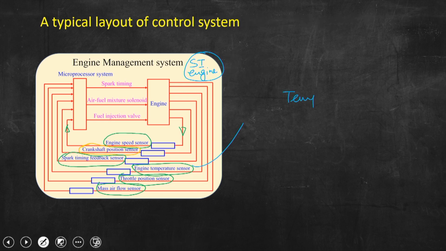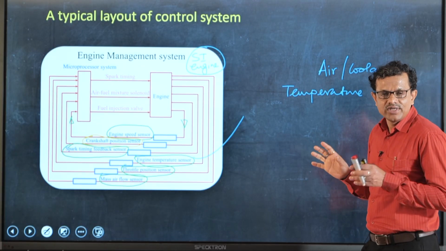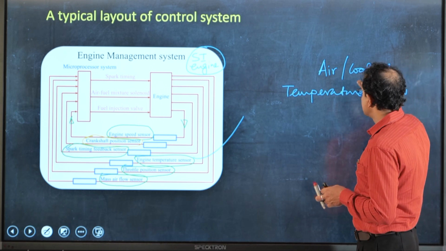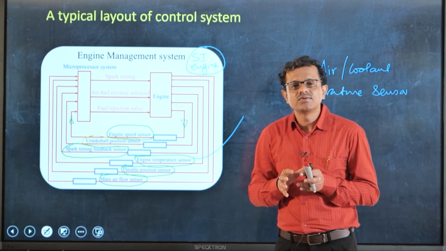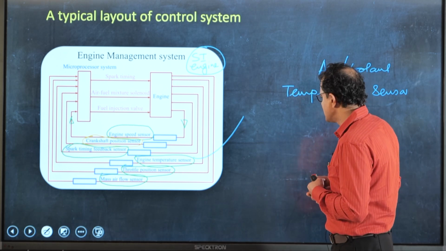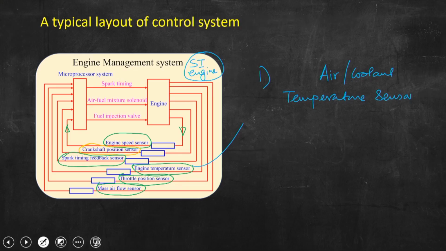temperature sensor. I should write here air or coolant, because by measuring the temperature of incoming air we can control the combustion rate. By measuring the temperature of the coolant we can have some information about the present engine condition, right. So, the air and coolant temperature sensor, that we will be discussing today, that is number one, and then we will also be discussing this